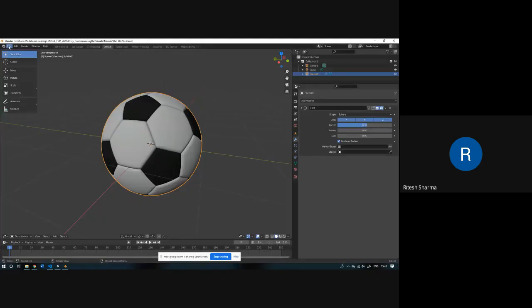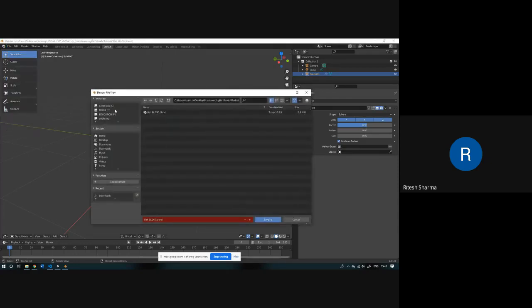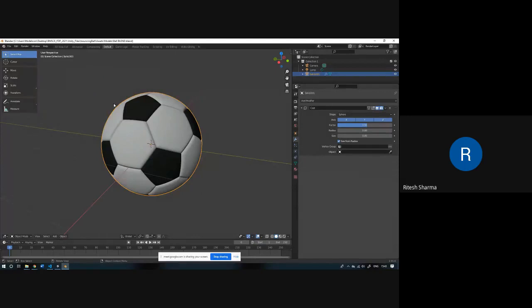Once you've created your model, you click on file in Blender. It's the same as you would save any other file. You can either press Control S, or click on save, or you can do save as. You can provide some name and location where you want to store it, and that will save the model that you have created with all its details to that particular location.